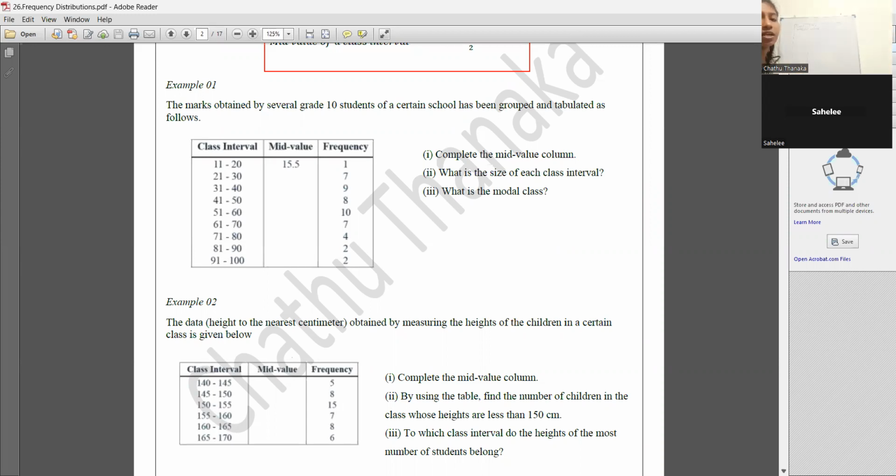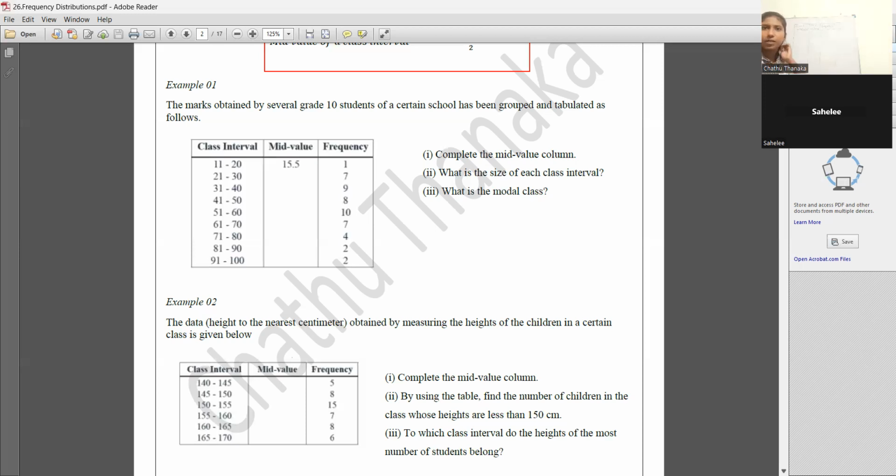So it is better if you can write the next column as mid values. If not, you can take the frequency also. Okay. Then after that, next one must be frequency. Third column is frequency. After that, when you are finding the mean, there are some other columns. I'll explain the rest of this lesson after finding the mid values. Okay,